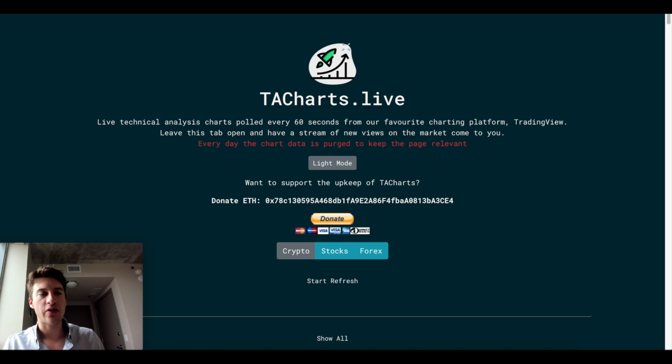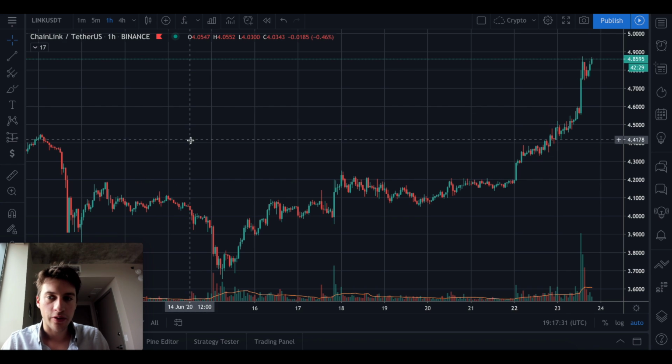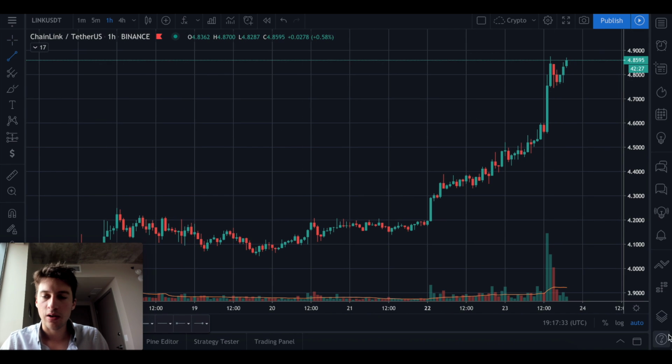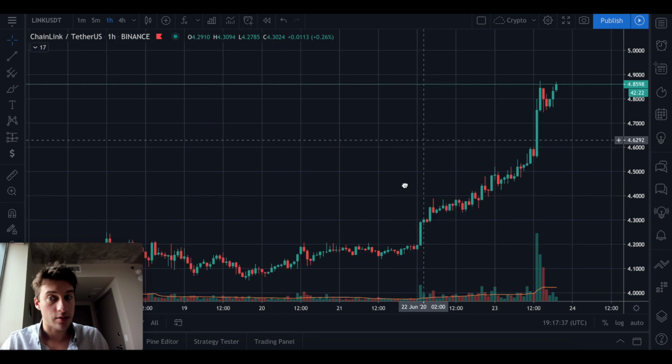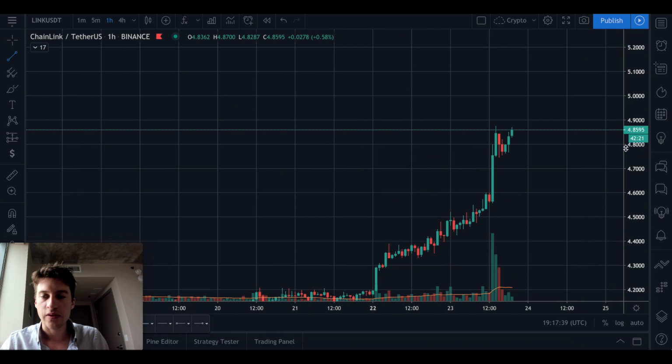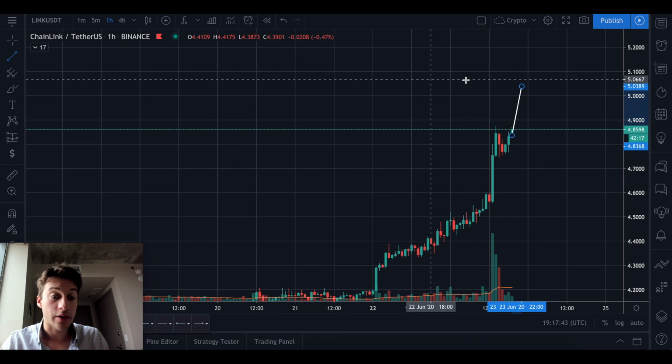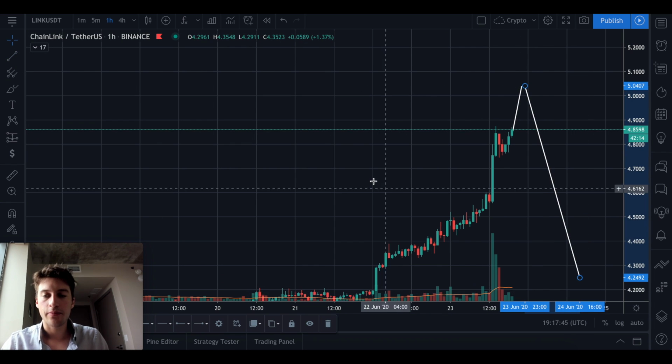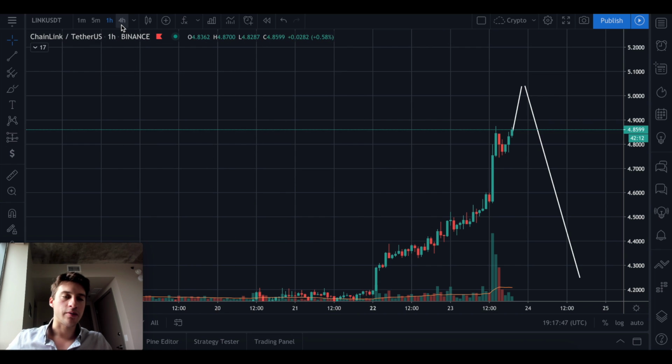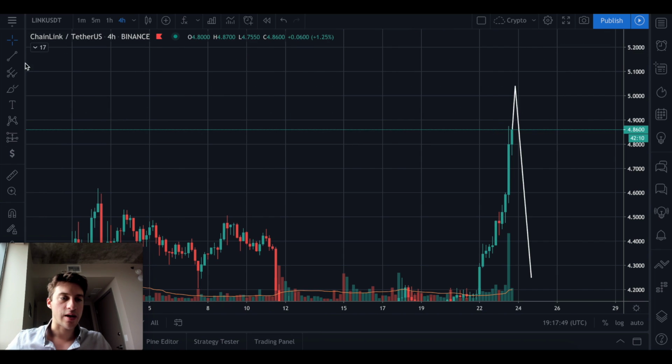If we were to take the path of most pain, meaning how can we prove as many people as wrong as possible with coin, the path of most pain on Link, and this is actually something that might occur, is going to be very high volatility. You get something like this, like right above 5, just to hit all their stop losses, bye. And then like that. That would be the path of max pain. On the 4 hour, it looks like that.